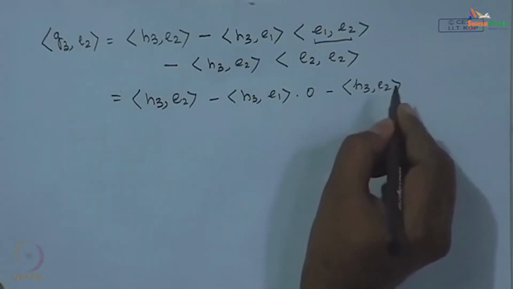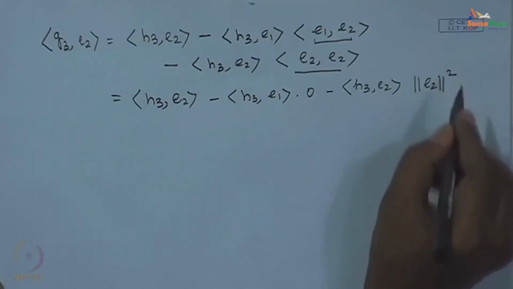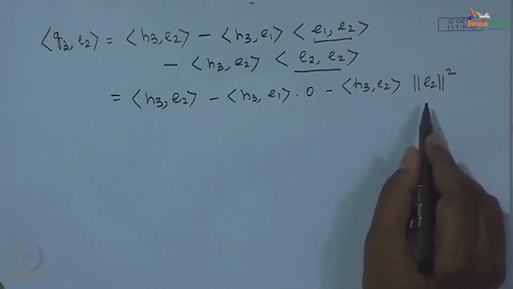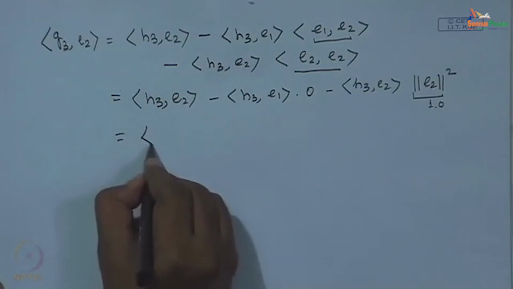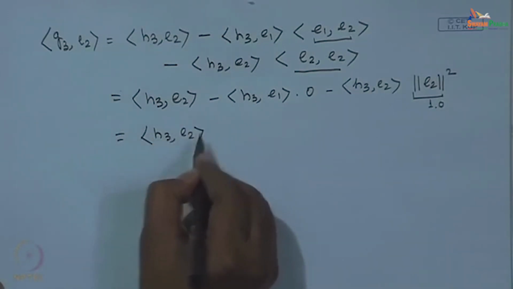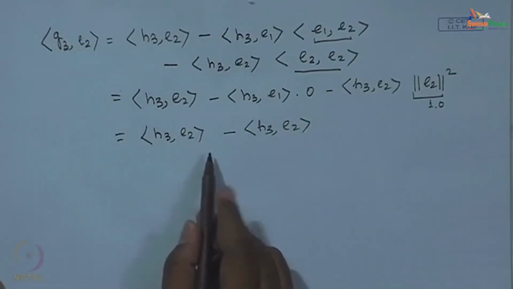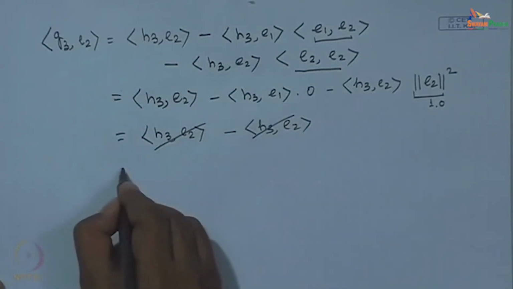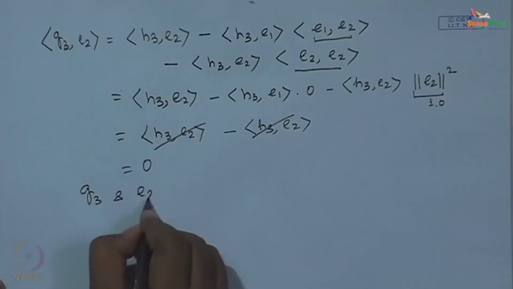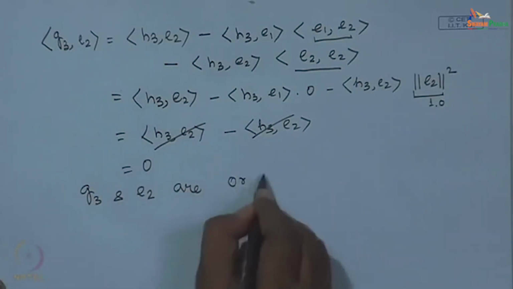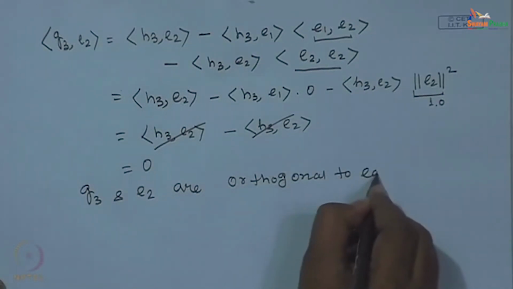H3 and E2, and what is inner product of E2 and E2? It is nothing but the norm of E2, and we have already proved earlier that E2 is defined in such a way that the norm is 1. So, this will be unity. So, what we get? We get inner product of H3 and E2 minus inner product of H3 and E2. These two being scalar and opposite in sign, they will be simply cancelled out and this will be equal to 0. This proves that G3 and E2 are orthogonal to each other,